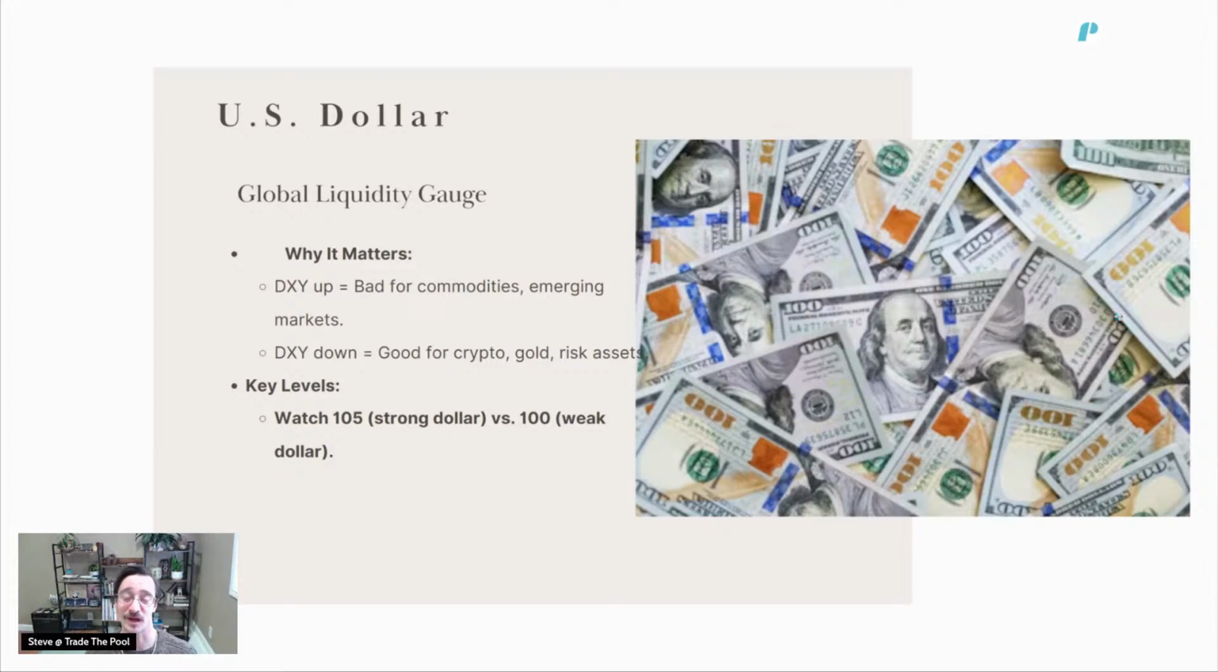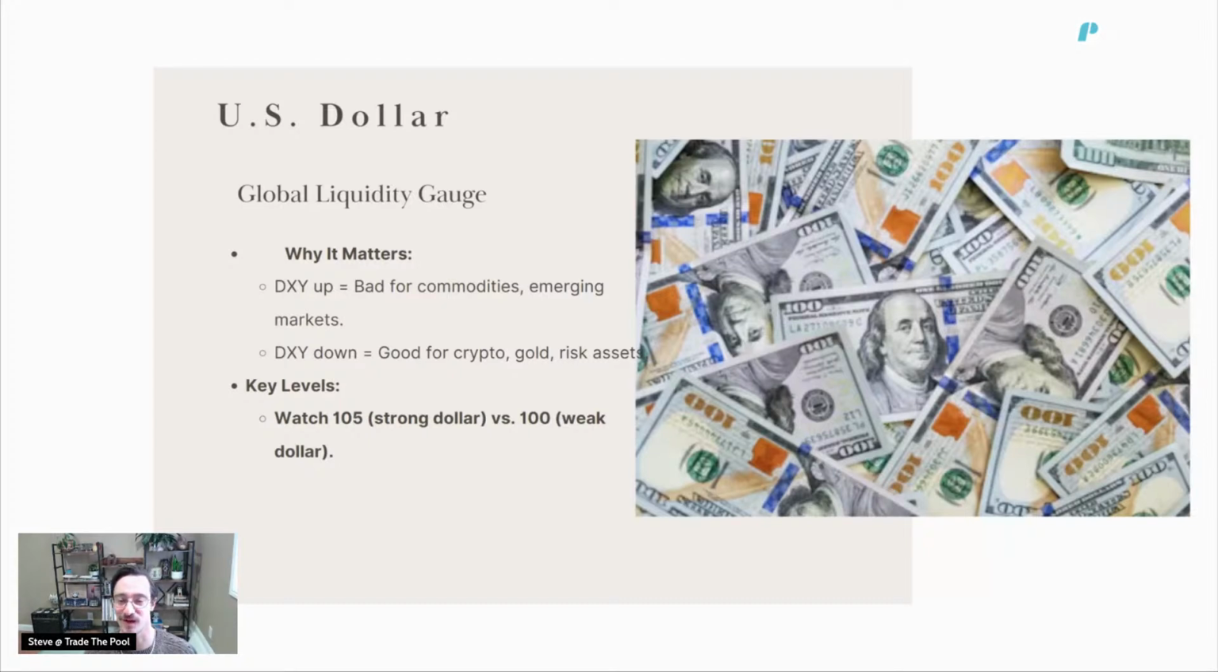So next up, we have the dollar, the US dollar. This is the global liquidity gauge. This tracks basically how much money is in the US market in a way. So one way you can look at it. So why does it matter? If Dixie is up, the dollar, DXY, in general, it's bad for commodities and it's bad for emerging markets. As the dollar goes up, it gets harder for these foreign companies to foot the bill for the difference there. And then if Dixie's down, it's good for risk on assets, like good for crypto, good for